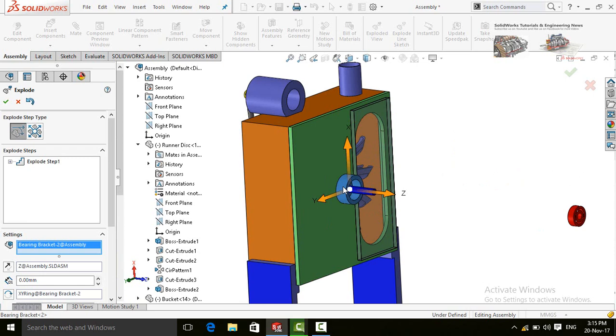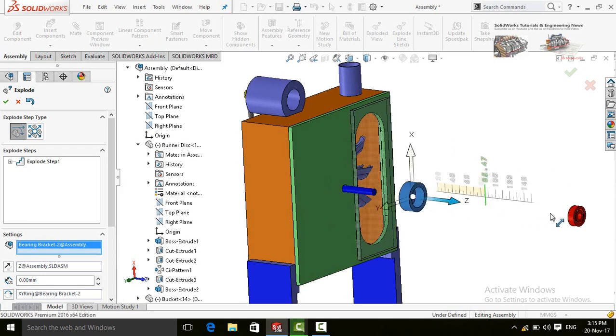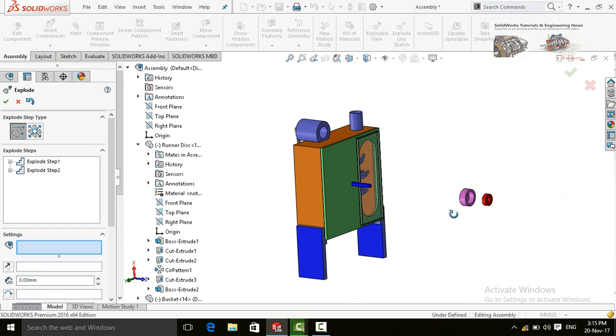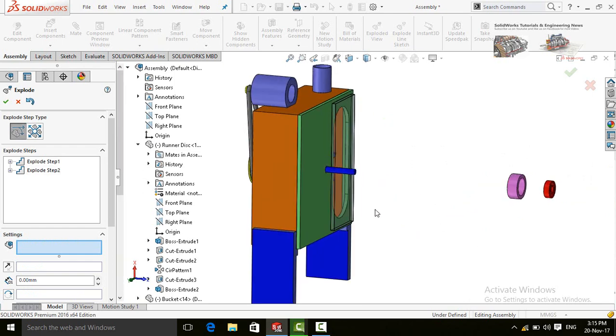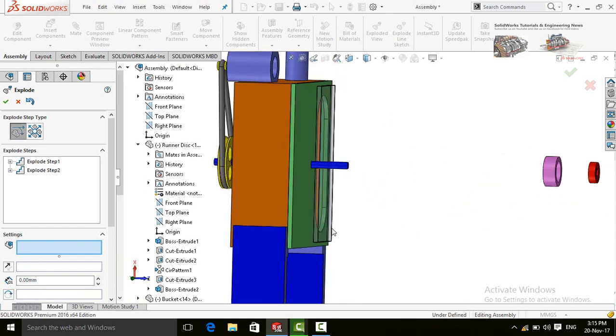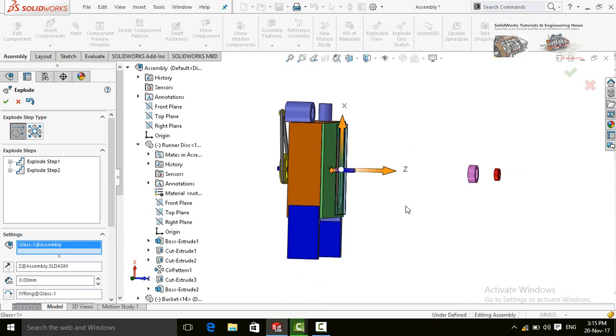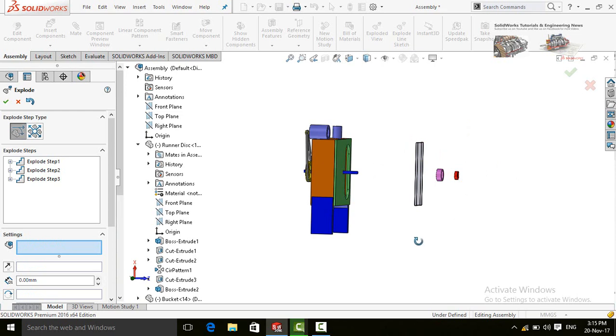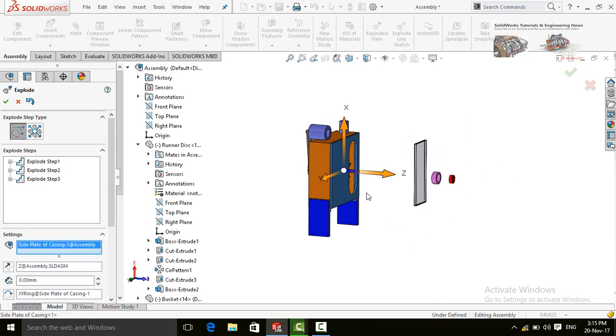Then we have the bearing bracket. Now we have the side glass. Then the side plate.